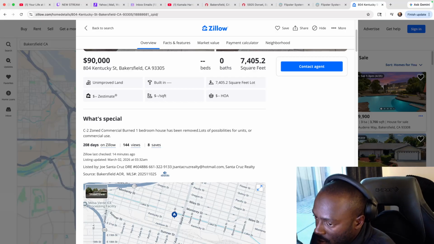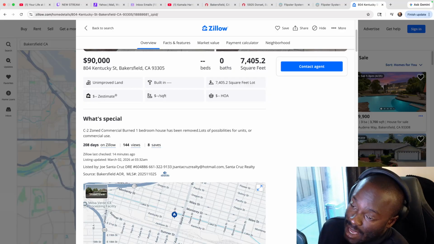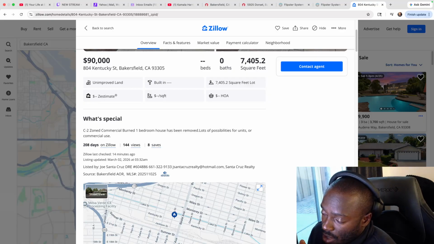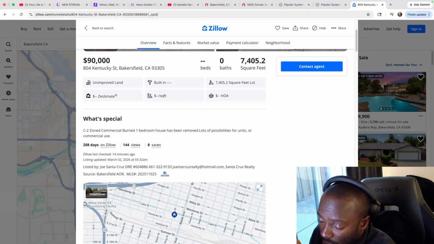Hello, Joe. This is Blake. I am interested in one of the listings that you have here on Zillow, address 804 Kentucky Street. I wanted to know if the seller has a timeline for selling this property. I see that you guys are listed here for 208 days, so there must be some reason why you're still holding on to this listing.